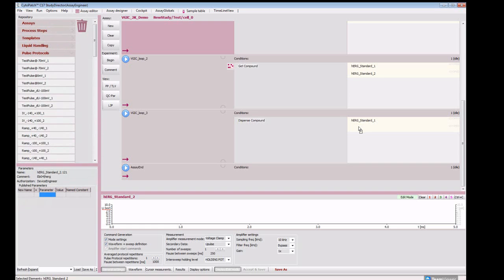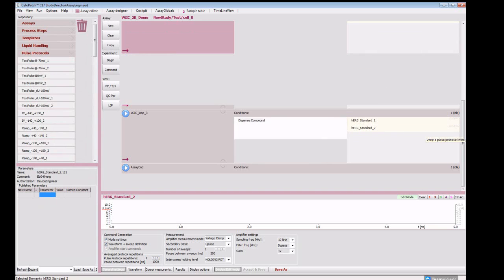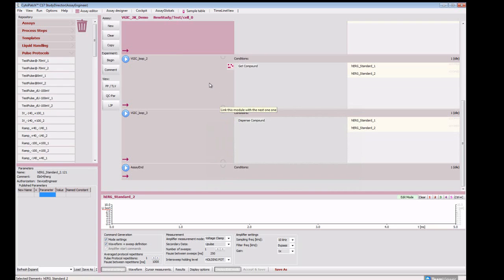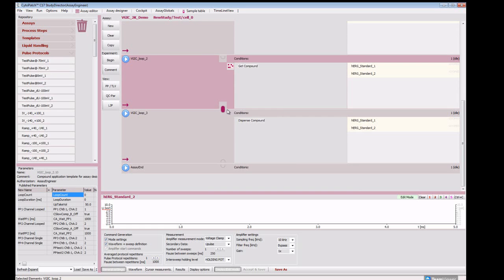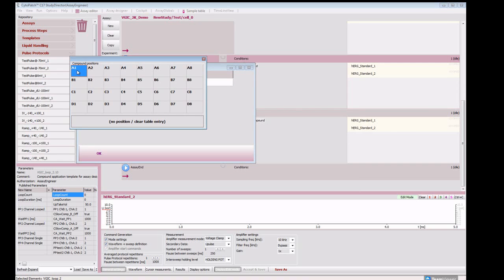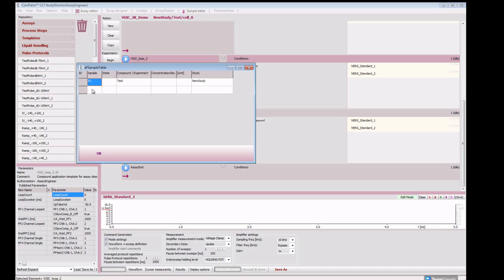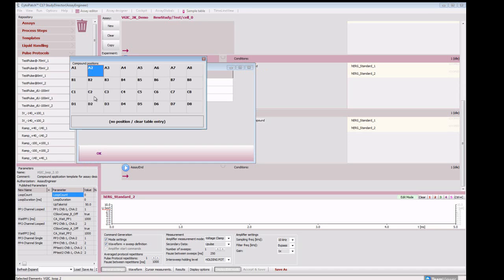There we go. And dispense compound also, when you click on the template, it allows the user to define the time duration at which you want to dispense a compound and test your response. Now, assuming we want to apply more than one compound, so just click on the compound rack displayed on get